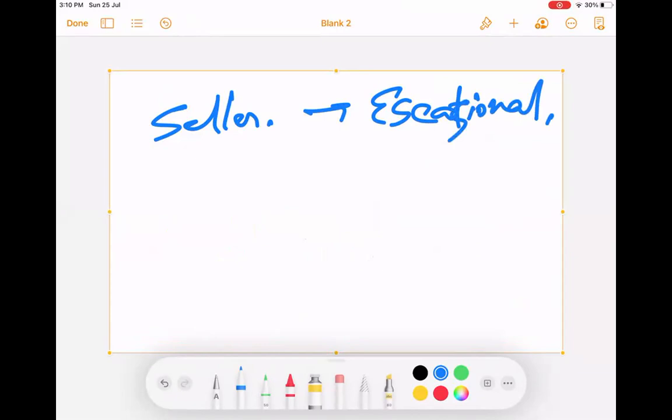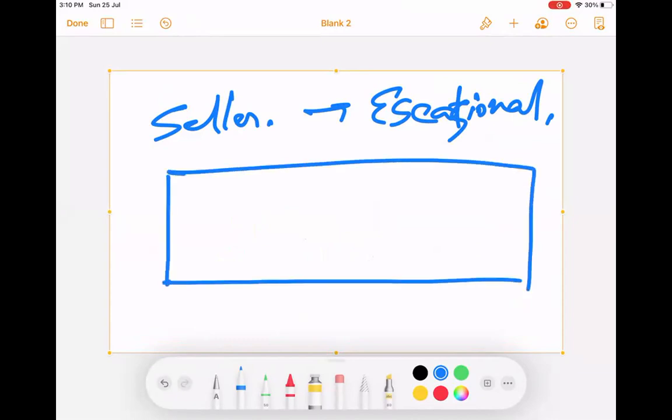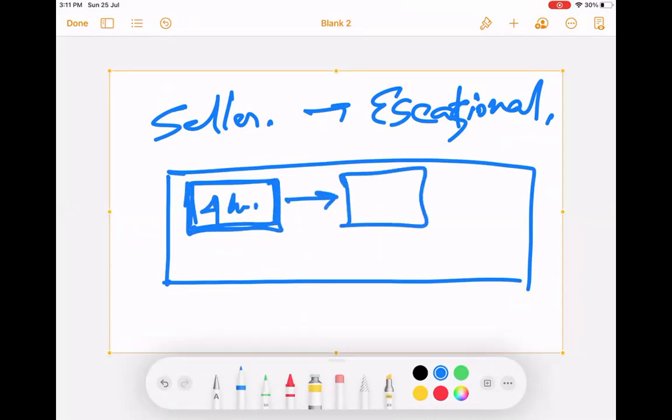What is an escalation rule? An escalation rule means that in the system, automatically, I will change the ownership after a period of time from one person to another person. Maybe after 4 hours, if the case is not resolved, automatically it will be assigned to his manager. If the manager cannot solve it, it is automatically assigned to a higher boss.